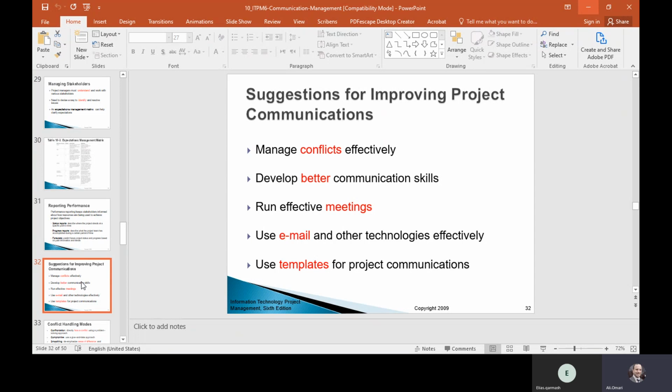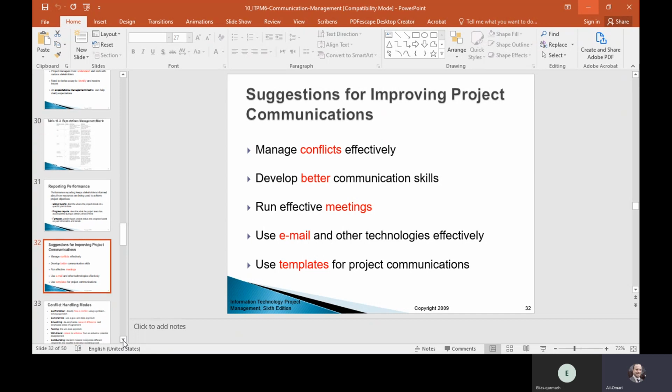So there is always going to be a conflict. You have to manage conflict effectively, always look to develop better communication skills, and running effective meetings is a key also. Use email and other technology to communicate project related issues, and use also templates as specified for different